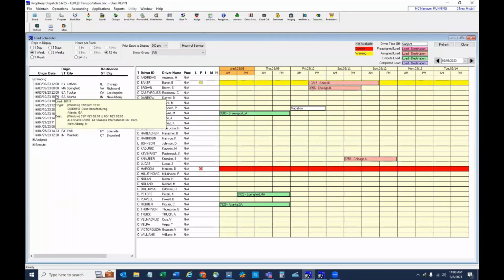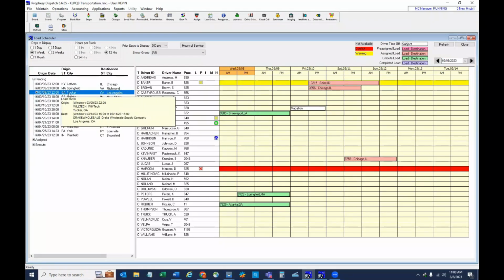Here on the load scheduler, I'm going to select this load going from Tucker, Georgia to Los Angeles, California. You'll notice in the H column, there's a yellow X, a green circle, and a blue question mark. What we do with Motive is we bring in the current day plus the previous 8 days hours of service